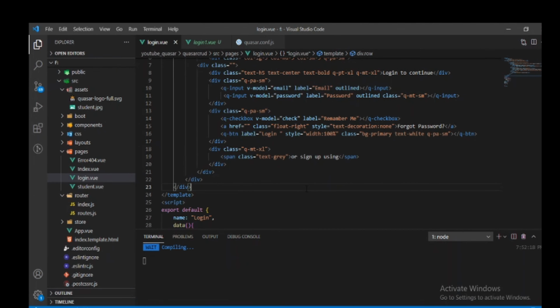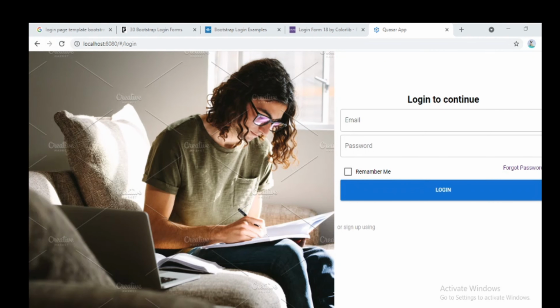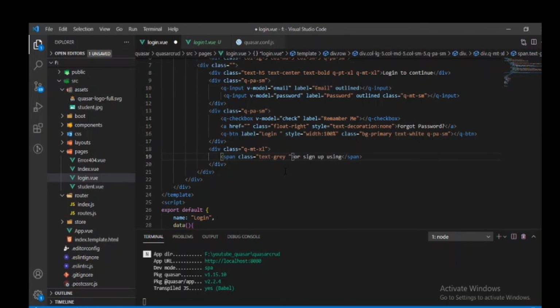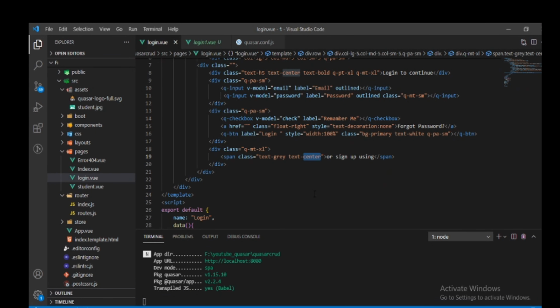Okay, we will check this. Okay, then text-center.